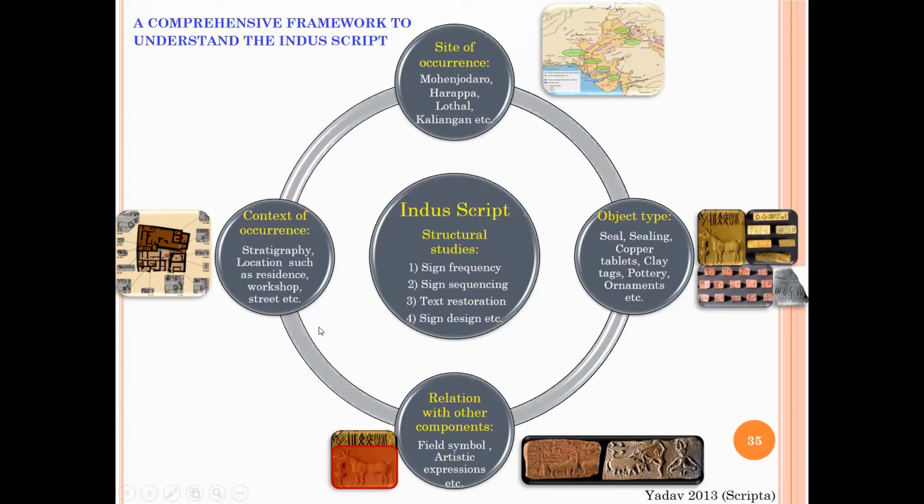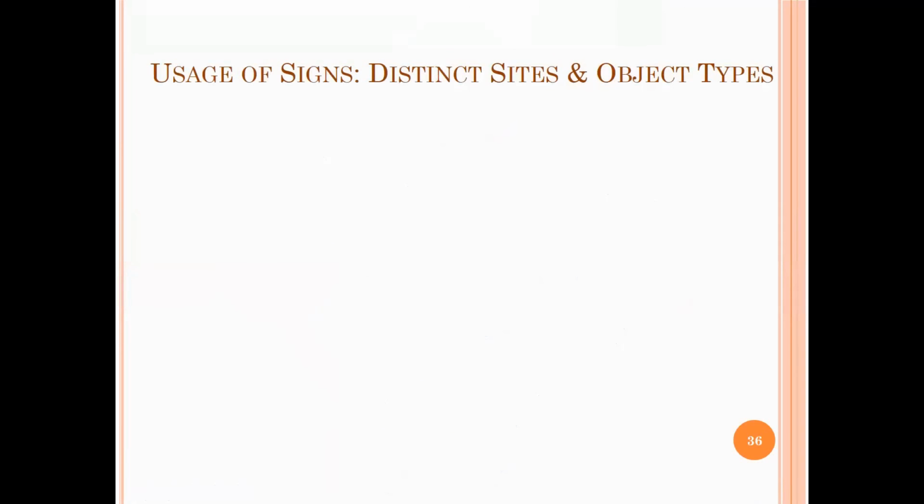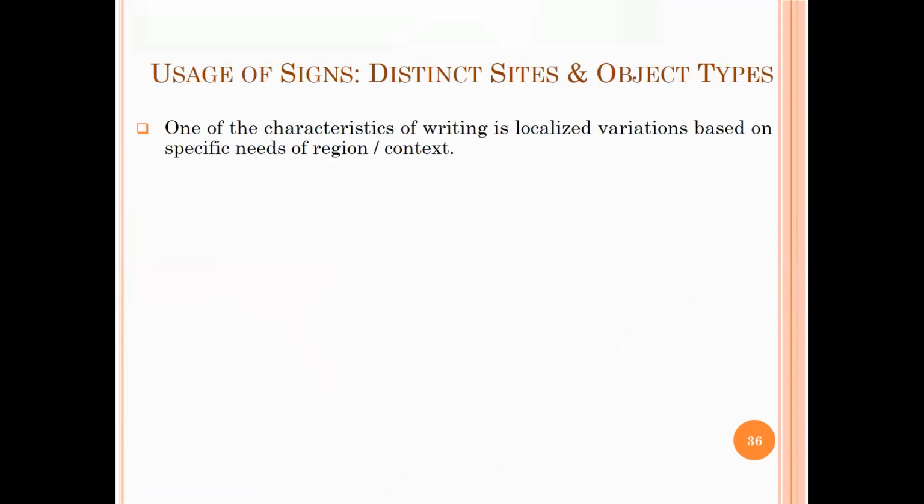And we can compare, if we have the data, how the texts found at various different locations at the site vary with respect to each other. All this is possible if we have proper contextual data regarding each of the texts cataloged in the corpus. We did some study in this direction, and I'll show you some of the preliminary results of this study.